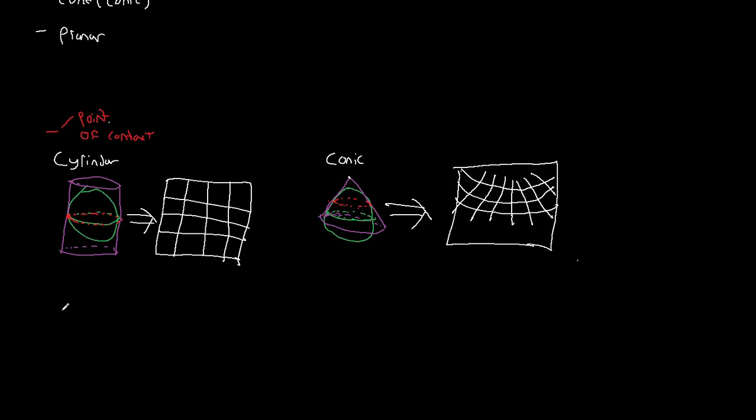And let's look and see what the planar case would look like. So the planar case, we have our reference globe. But our developable surface now is just a piece of paper, keeping it flat and just setting it on the globe. So now our point of contact is a single point right here. So now you can imagine if we were to emanate out the lines of latitude and longitude coming from here,